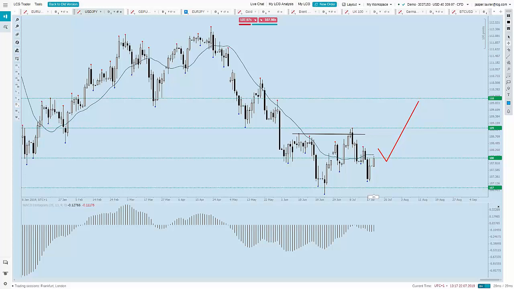Fractal gets confirmed. We'll get a close or two above 108, and then any kind of pushback, any opportunities near 108 could be the catalyst for a bigger correction up towards 110. Obviously, there's resistance at 109, but it's been challenged a couple of times now. And if this higher low means anything, and if this shift of momentum in the MACD means anything, then maybe this flattening out leads to a little bit of a rebound in the dollar